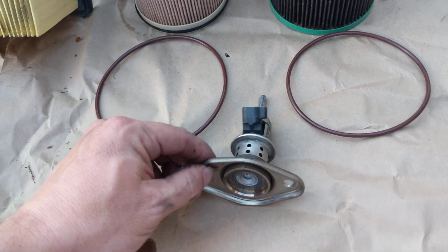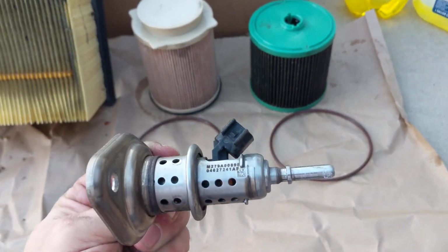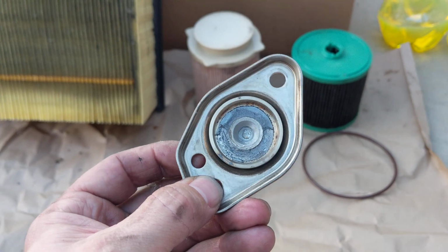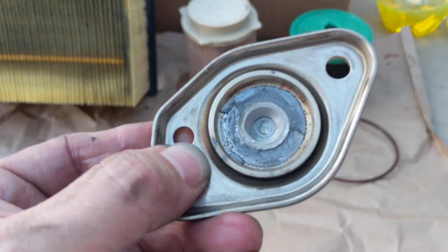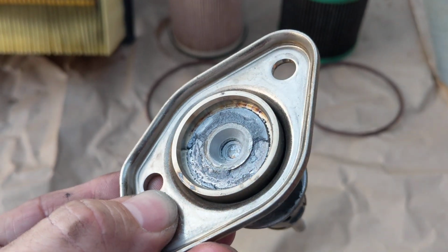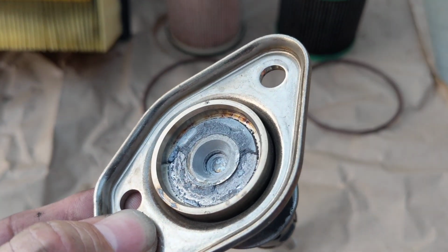One of the main things that I wanted to show you was the DEF injector. Most people don't do this, but it is a good idea. It's a good idea to pull this off, go clean it up a little bit. I only run premium DEF fluid, and so right at 22,000 miles on the truck, you can see how much